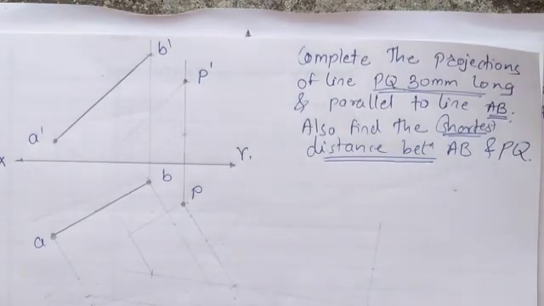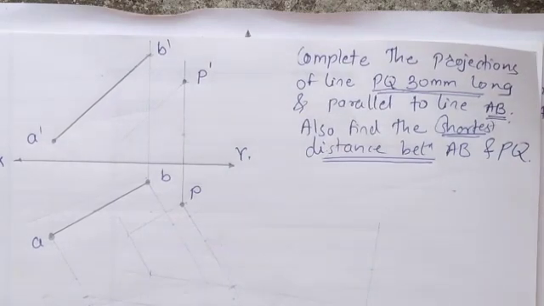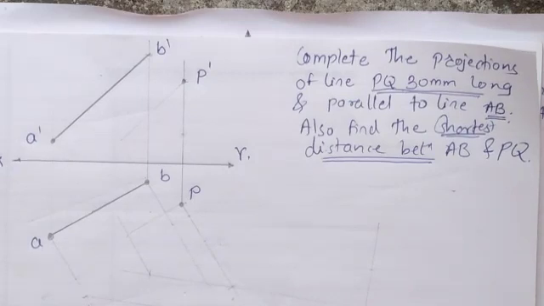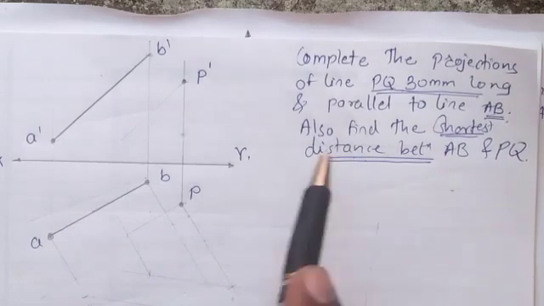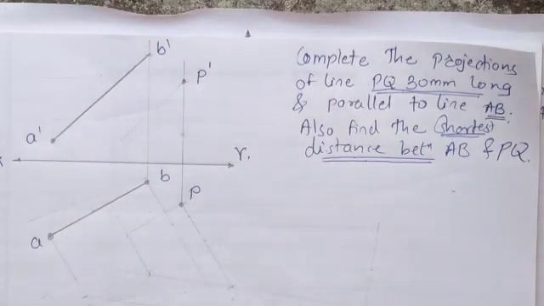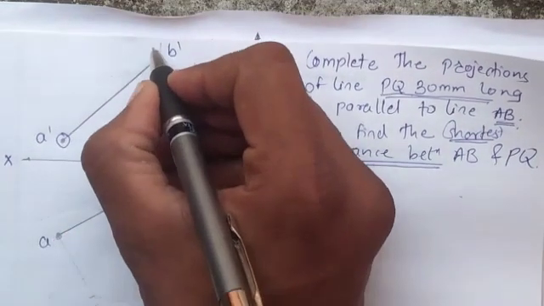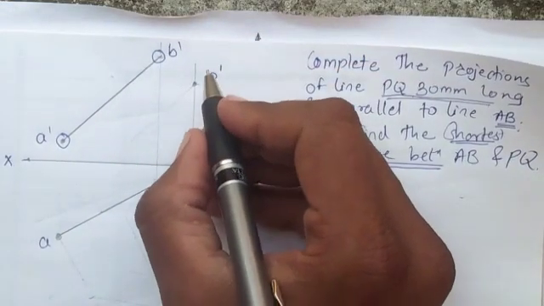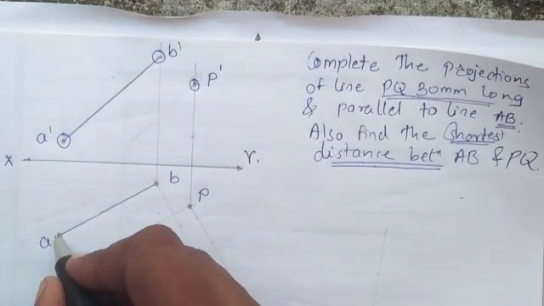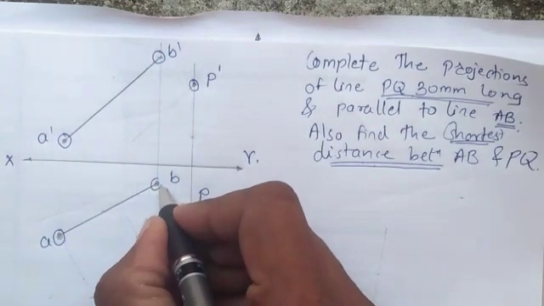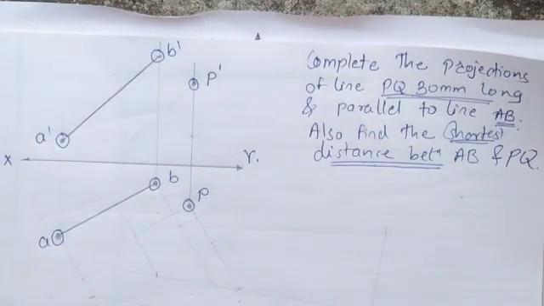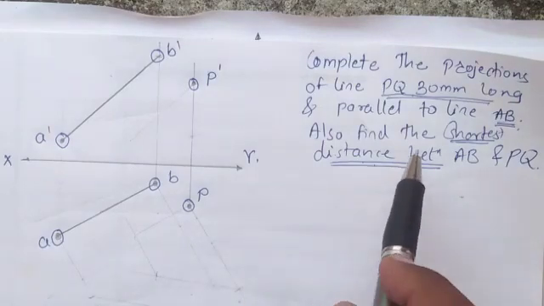So once again I will revise the conclusions. The first important conclusion is after x1 y1 we get the true length of both the lines, and the second important conclusion is after x2 y2 we get the shortest distance. Now see what the given data is, or how the given data will be. This part will be printed on the answer sheet: line AB and point P in front view, and in top view again line AB and point P. This much will be printed for such a question statement.